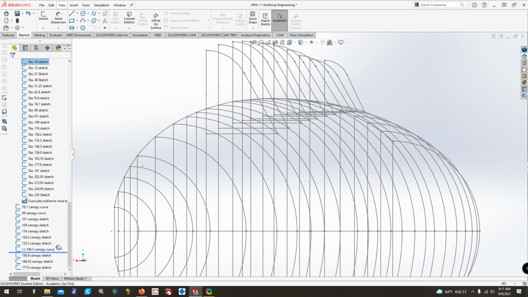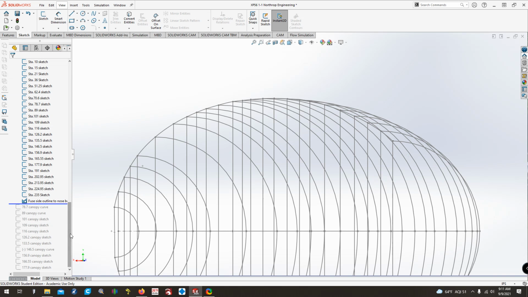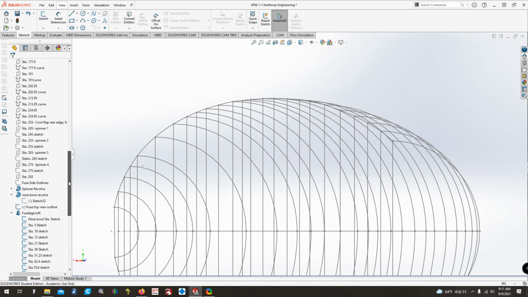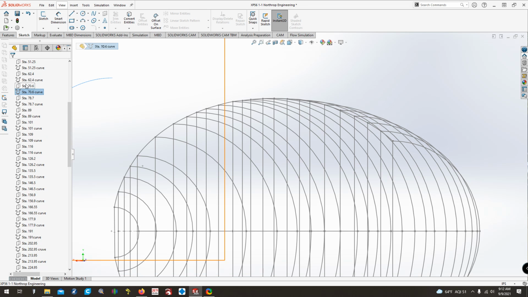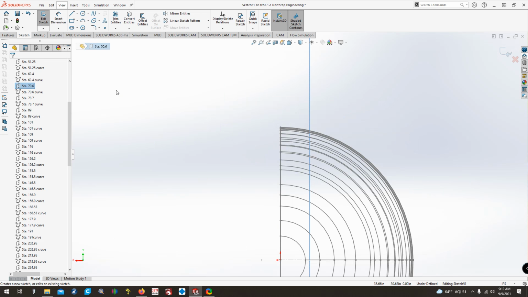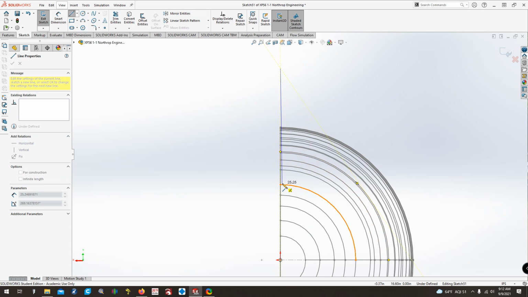So for station 70.6, I'm going to hide all of those just to make my life much easier. Then I'm going to come up here to station 70.6 plane, which is right here. Nope, that's the curve. I want the plane. I'm going to click on the station. I'm going to click on sketch. And then I'm going to come up here to our line. The line is going to be down the center. It's going to come there. It's going to come out